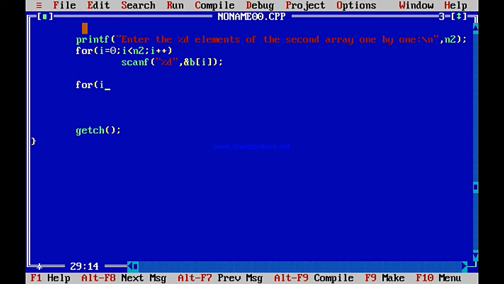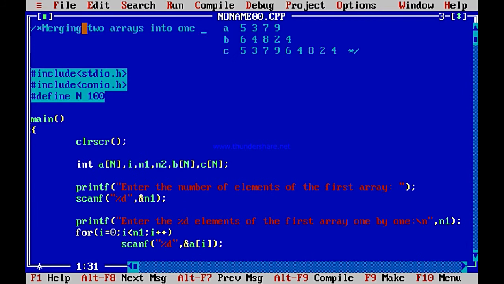So for I equal to 0, remember A contains N1 number of elements. So I can write for I equal to 0, I less than N1, I plus plus. Copying the first array, what to do? Ci equal to ai. What are you doing?